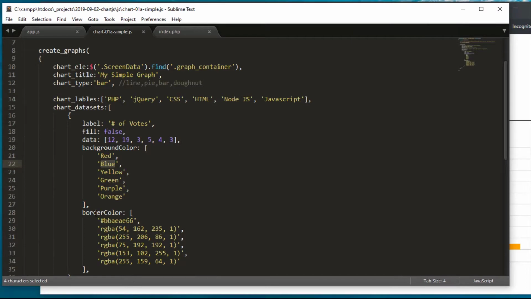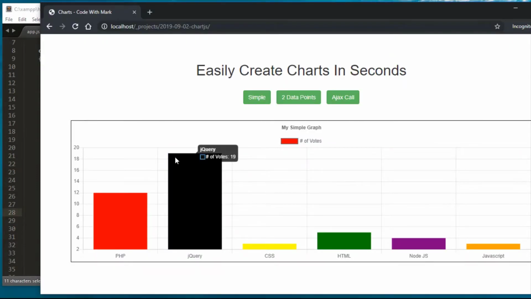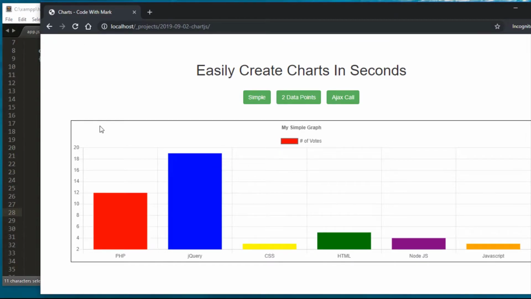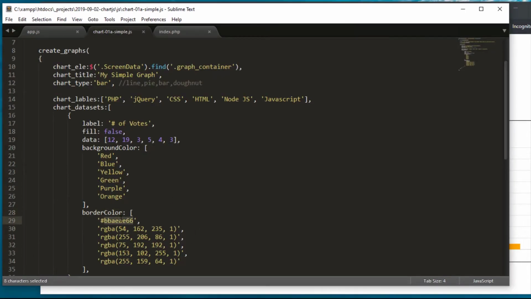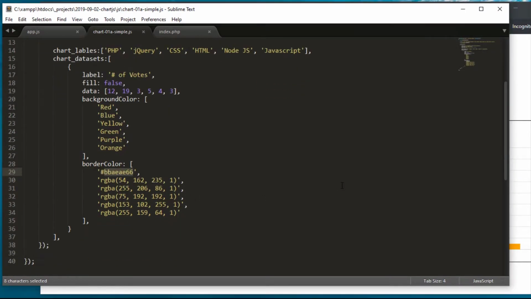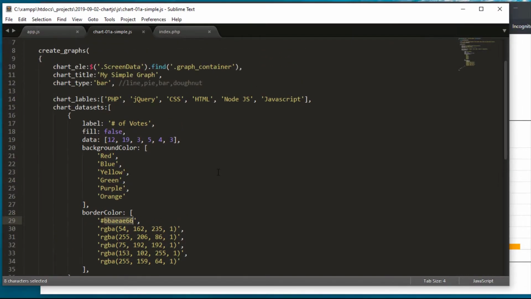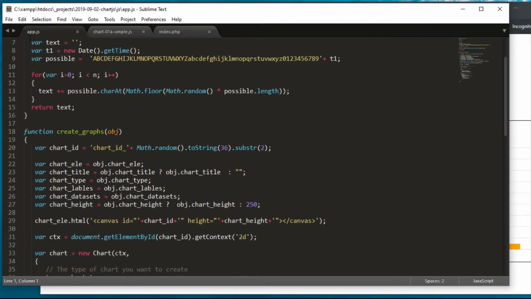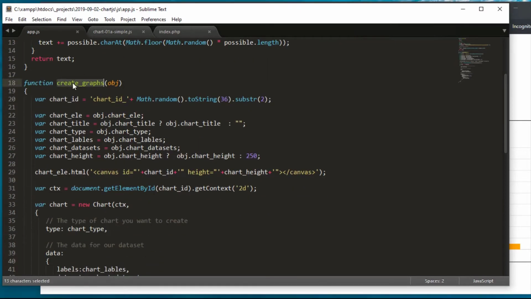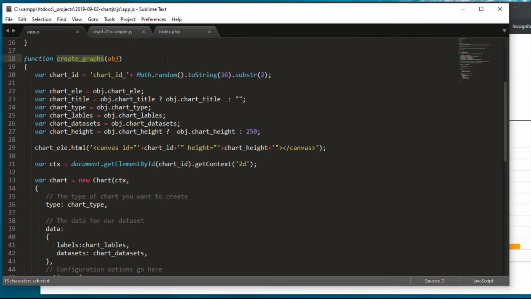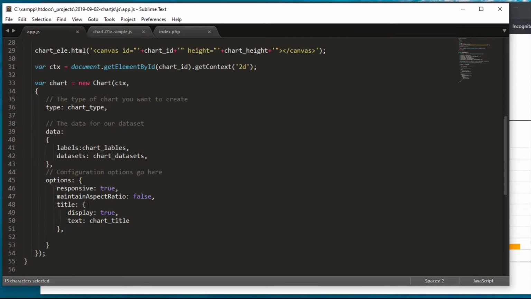You could do that. And then this is the border color, which means all the way around it, what it's going to have, and you could put in a hexadecimal value or RGB if you know it, and that's that. And you might be wondering, oh, that's really cool, how did you create this? So this particular function is coming straight from your app.js file, and this is the function here. You could look more into it, but if I were you, I would just leave it alone. Just call it like I did. But if you want to look into what it does and so on and so forth,